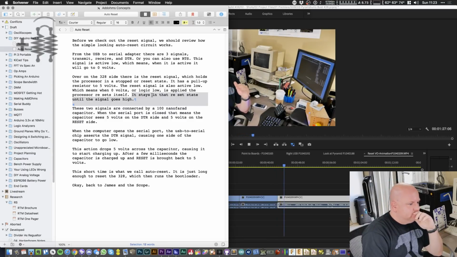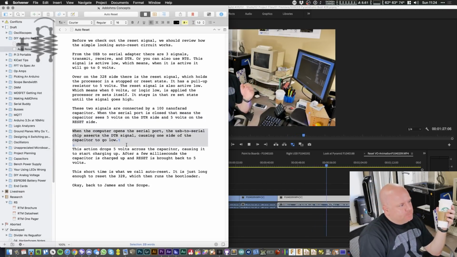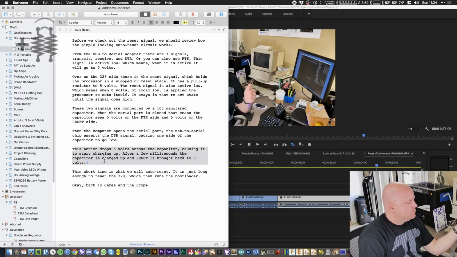These two signals are connected by a 100 nanofarad capacitor. When the serial port is closed, that means the capacitor sees 5 volts on the DTR side and 5 volts on the reset side. So when the computer opens the serial port, the USB to serial chip asserts the DTR signal, which causes one side of the capacitor to go low. This action drops 5 volts across the capacitor,